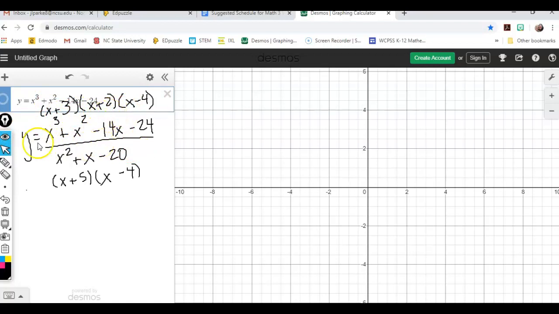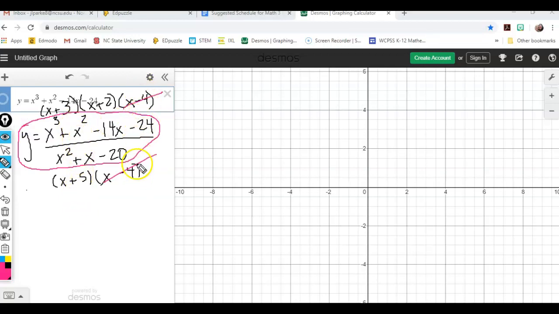What you're going to notice is that my top and my bottom actually have something that will simplify. We have an x minus 4 on the top and an x minus 4 on the bottom, so those divide out and become 1. Anytime you can simplify a fraction, you should always simplify a fraction. That's going to make things easier to deal with. It makes the numbers smaller, it makes the graph smaller. Our polynomial is going to have a lot less going on. But what happens is when you have a rational function, you remember this was the original function, and this is what we have been asked to graph,